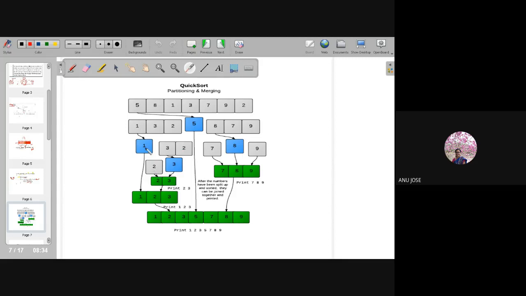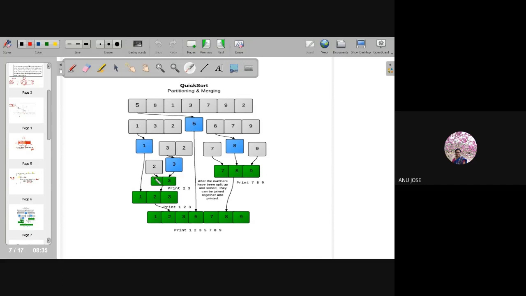So now the problem will be having all the arrays with one single element: 1, 2, 3, 7, 8, 9. Okay. Now I have to apply the merge operation on this, which means combining the solutions. Already I have found the solution for all the subproblems which were holding only one element. So what I am doing, 2 and 3 will be merging. That was the recent solution for the subproblem, so it merges in order, that is, 2 and 3.